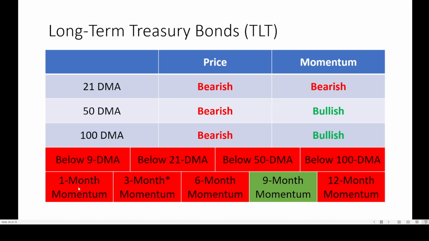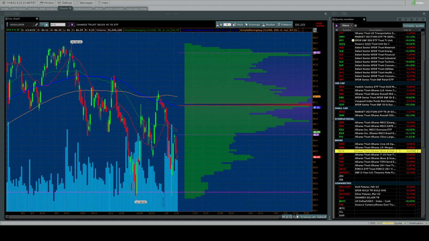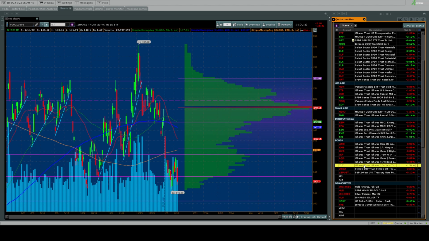So what happens now when you see all this red, well, except we're not seeing it on the 9-month. What it's telling you is all these algorithms and technical traders that are looking at different windows and adjusting their positions are selling. So the question is, why is it when these things turn all red that a bottom is coming? Well, because you're looking now for where price stops. So let's take a look at TLT, because from a monetary perspective, this thing's not dead at all.